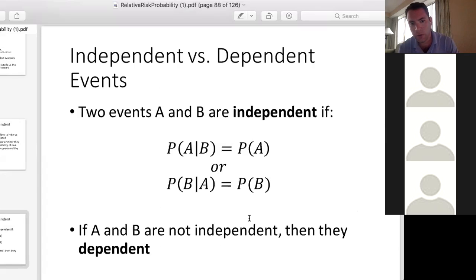And so here, we're talking about the conditional probability of an event, which is given by the probability of A